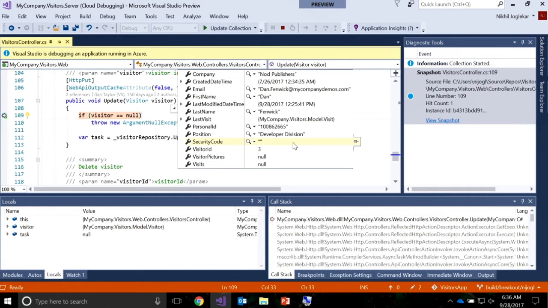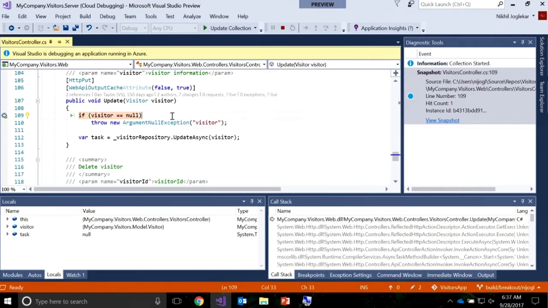Now, that's something that, again, I need to handle in my app, that security codes shouldn't be a property that is set and used and modified at will, maybe by update requests coming into my app. So that's a point that I can take back and try and fix at a later point. So this snap point has allowed me to identify that. While I might not be able to make the code change to secure against security codes quite yet,